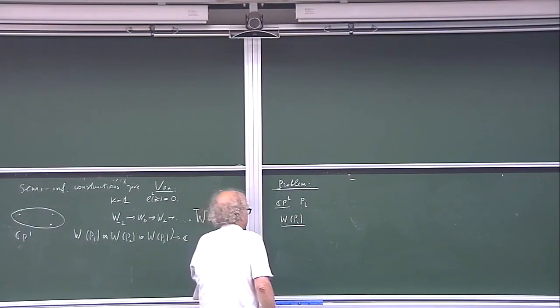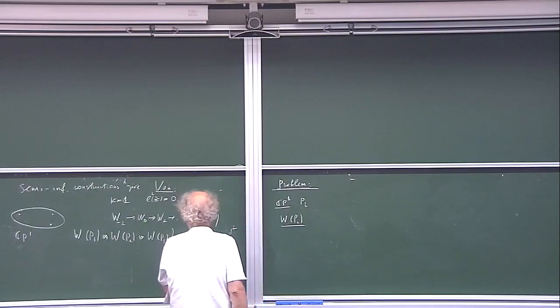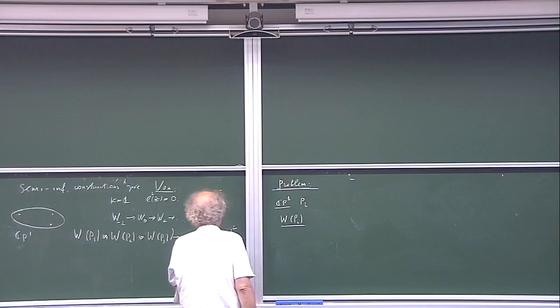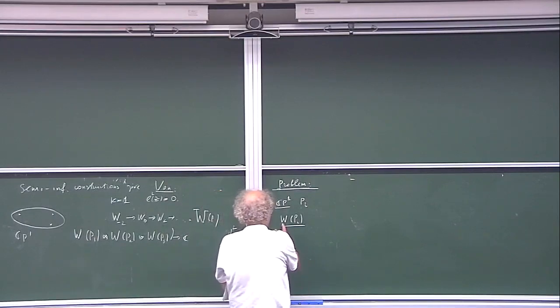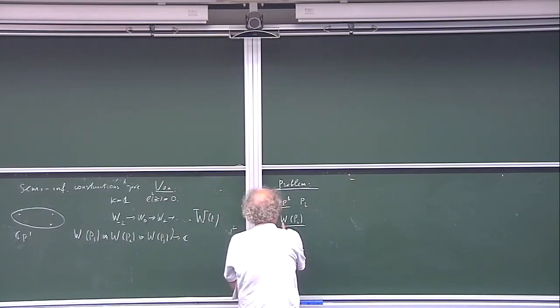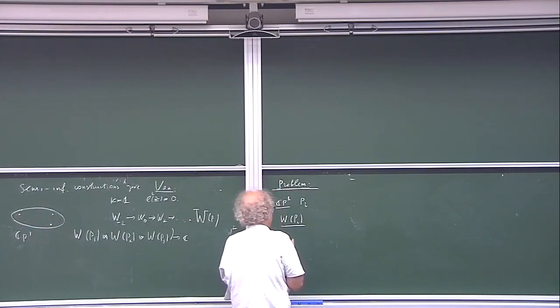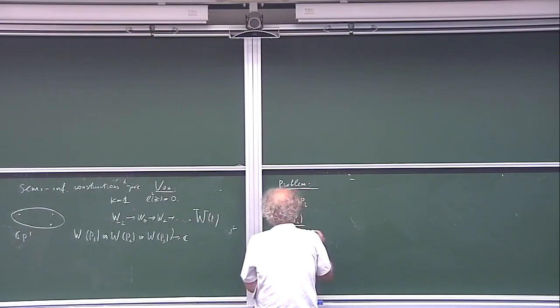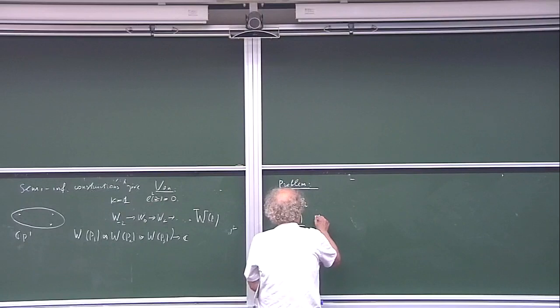Now, according to my construction, by construction, who is acting on this WPI? In this WPI, we have action of EI, and